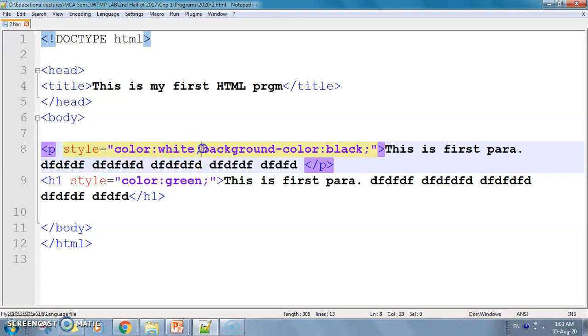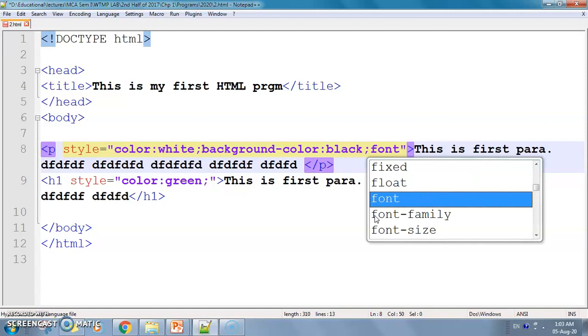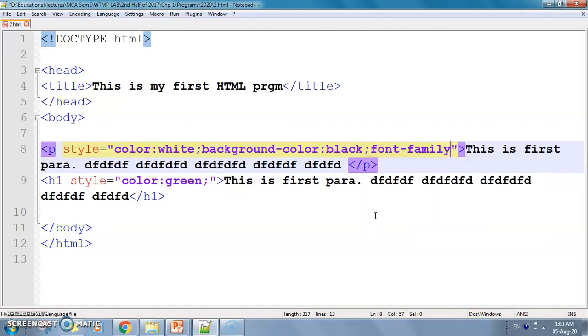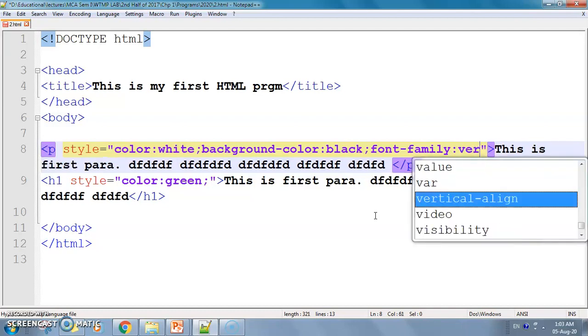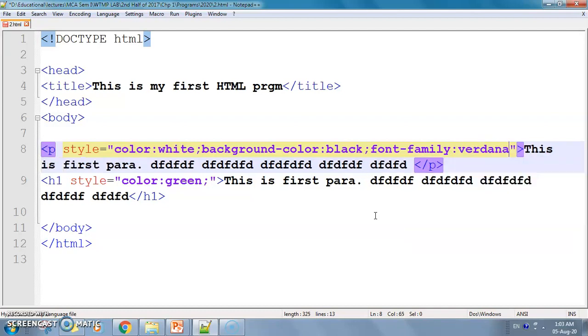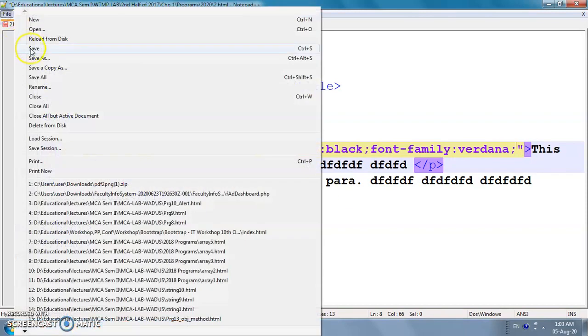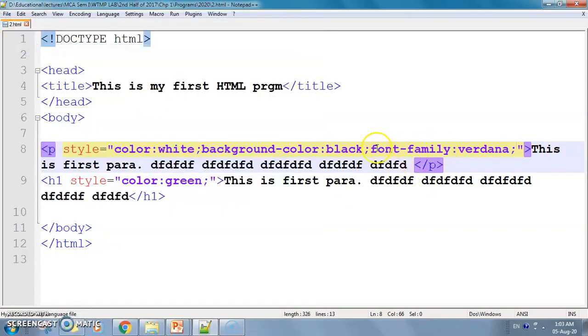You can simply add whatever name and value pair you want after the semicolon. Similarly, I will add one more thing here, that is font family. Now for font family, I will take Verdana, suppose Verdana, and then a semicolon. Okay, and I will save this. So using font family, we can change the font of the text for the paragraph.